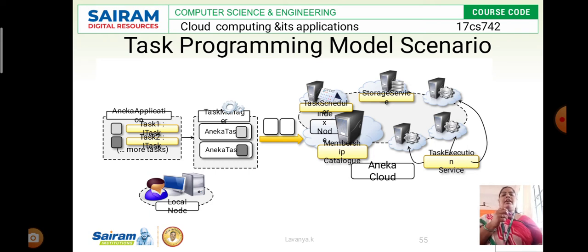These are all the different monitors, which also support getting the output or result of that particular application. So this is the task programming model. Then I'll move on to